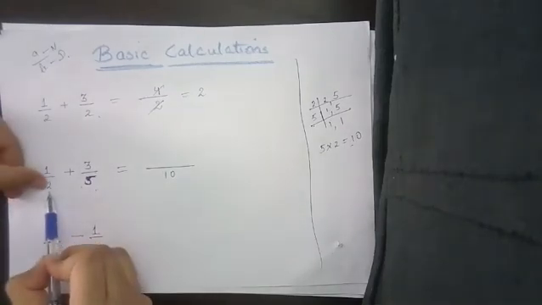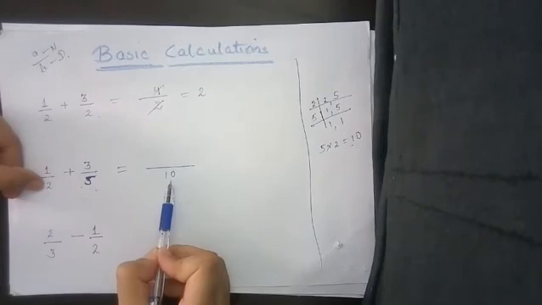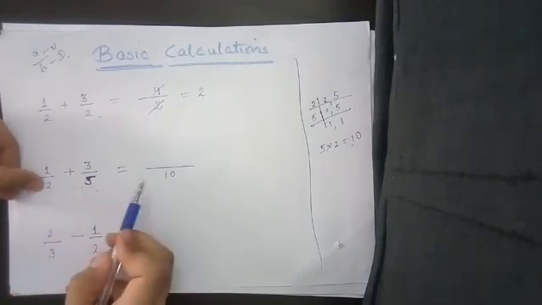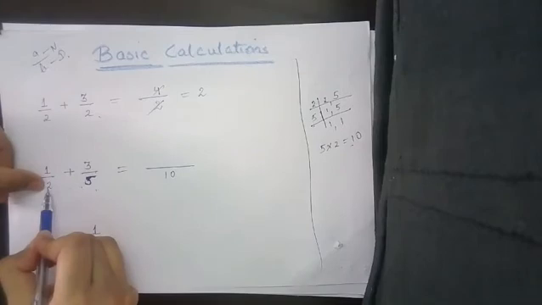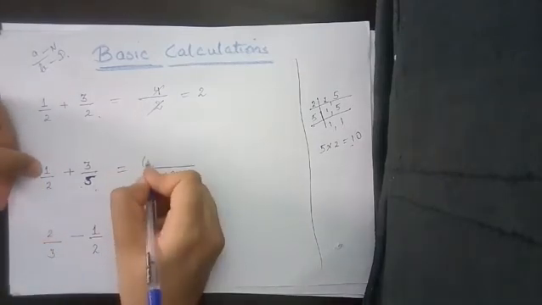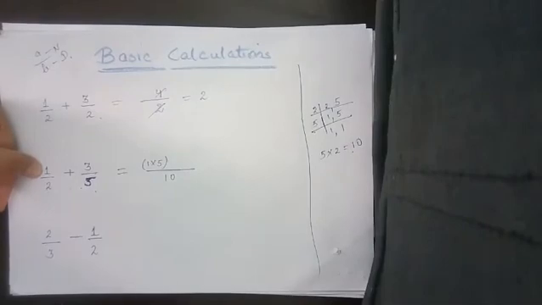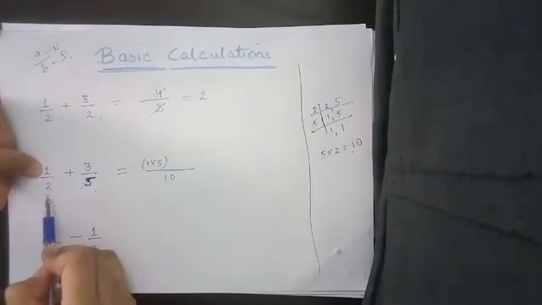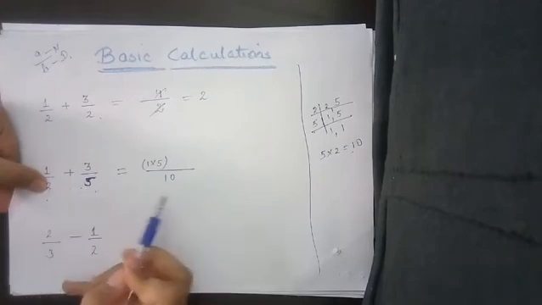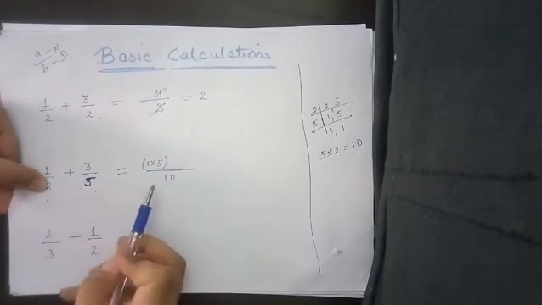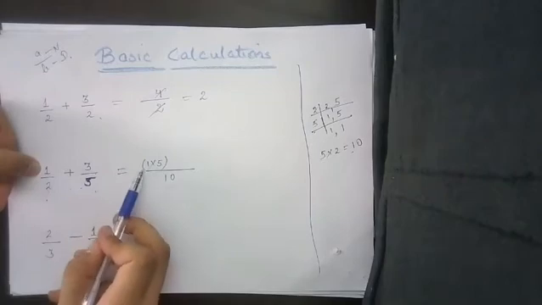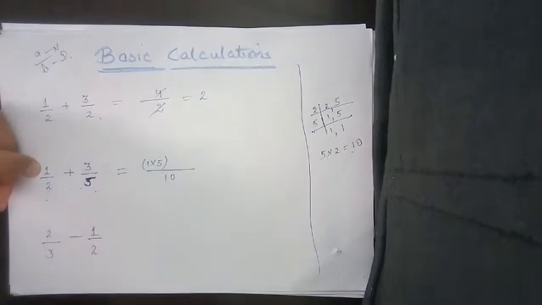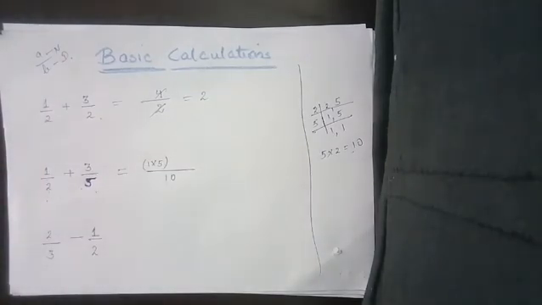Now you will see 2 into what is 10? 2 into 5 gives you 10. So you will multiply 1 with 5. 2 was below this number. 2 into what gives you 10? 2 into 5 gives you 10. So numerator will be multiplied by 5. Getting me? Please revise this again if you are not getting it. You will know. You will understand it. Just patiently revise it, okay?